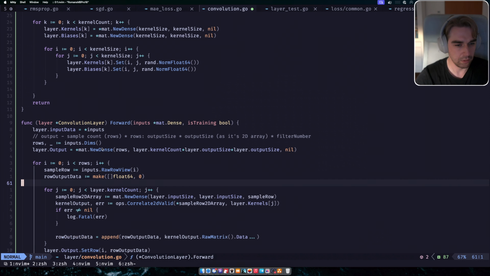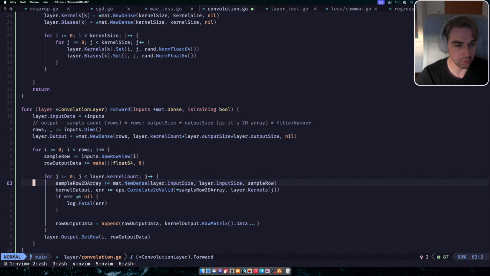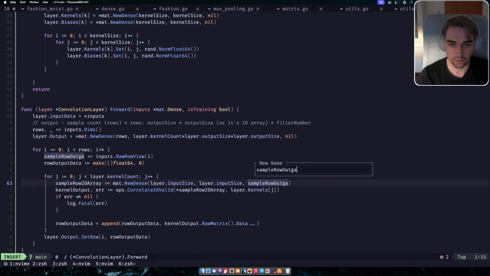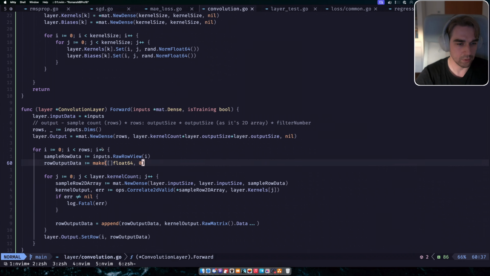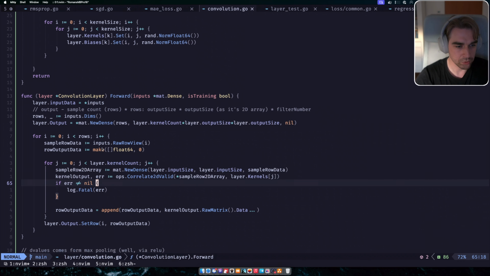And in the forward, what I'm doing, I'm going through all of the rows. I'm taking the sample row and data, right? And this is what we output. So there is a kernel output that takes the kernel and